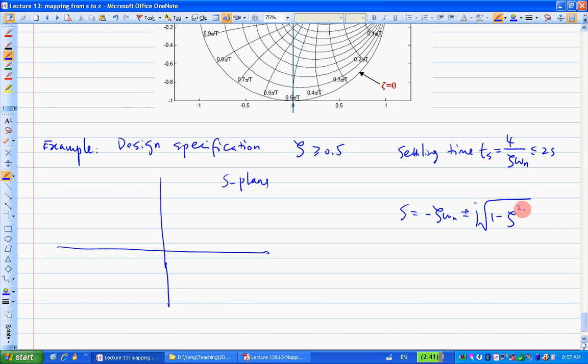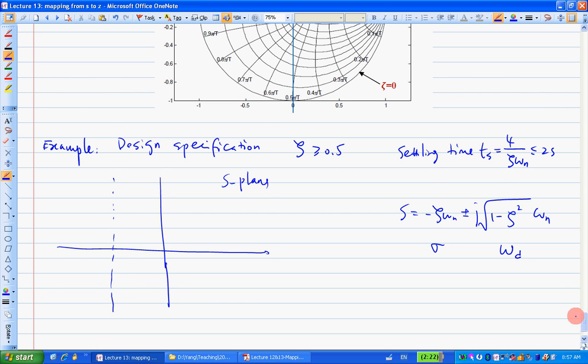Your pole is this. See, this real part here is negative zeta, so that's basically here, right? If you call this a sigma, if this is omega d, so this guy here is negative sigma, right? Basically, we want our settling time to be less than 2 seconds, and that gives us essentially